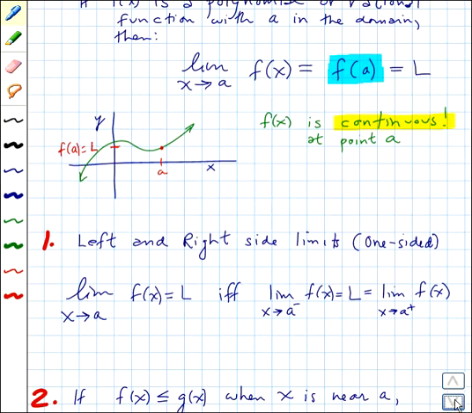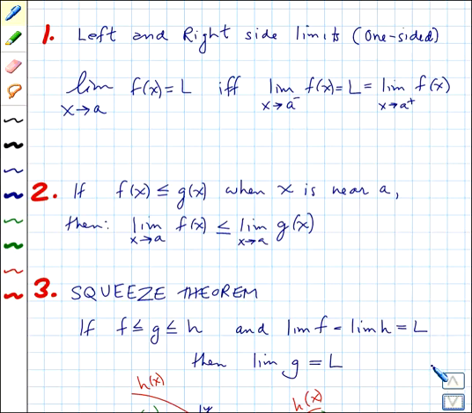Okay, now we have three theorems here to look at, and this one you've already seen before. It says that this is dealing with left and right side limits, or one-sided limits. Here it says the limit as x approaches a of any function f of x is L if and only if, that's what this stands for, if and only if, the limit